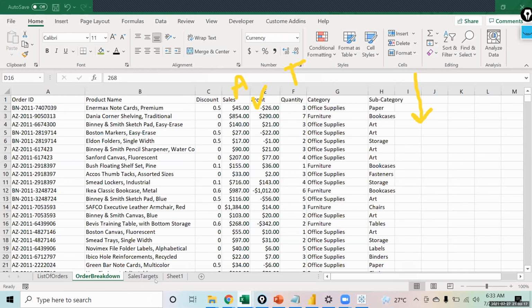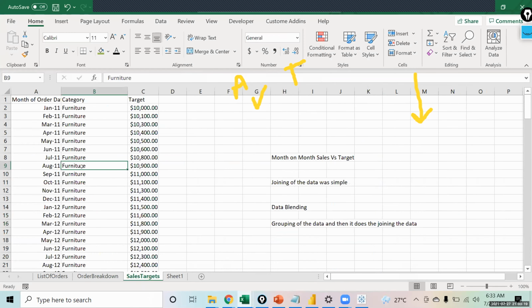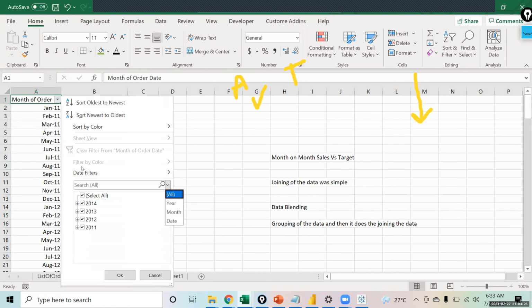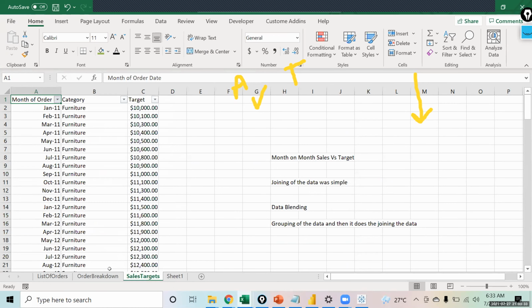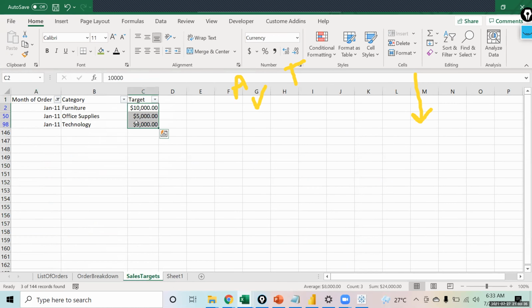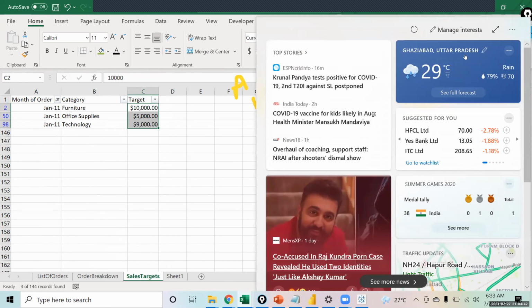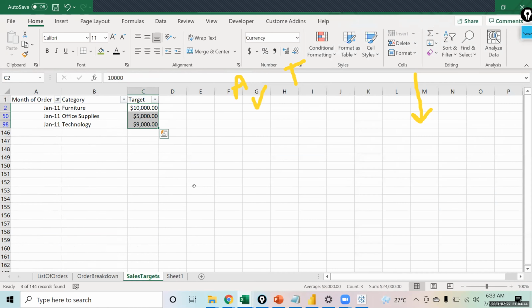If you come to the sales target, you have three categories. So you will have to group the data on year and month level so that you can see the total sale, that was 24,000 over here. So we will have to do the grouping.